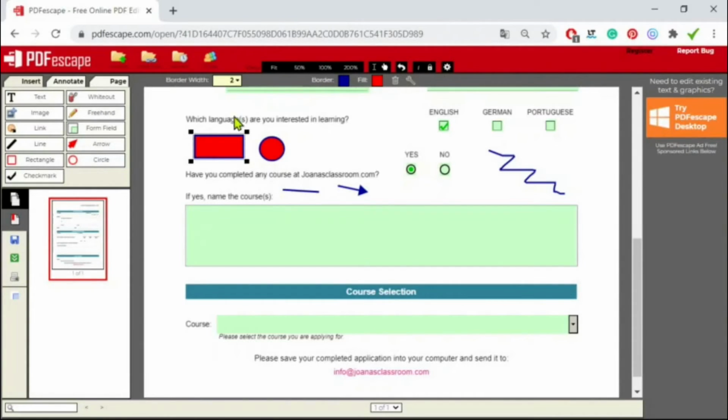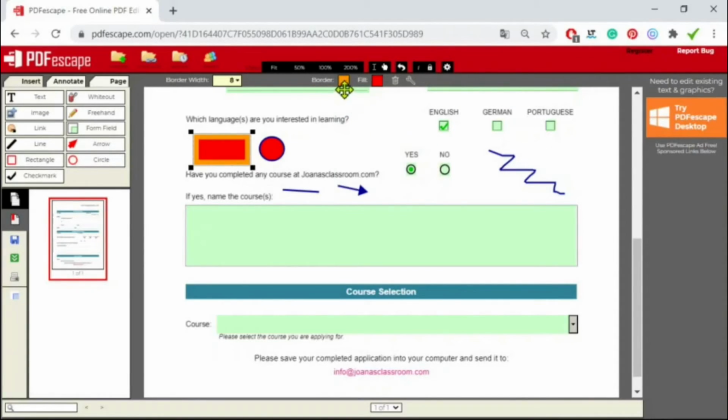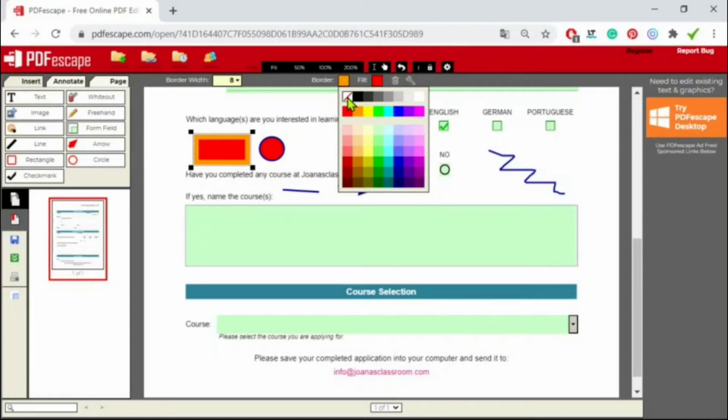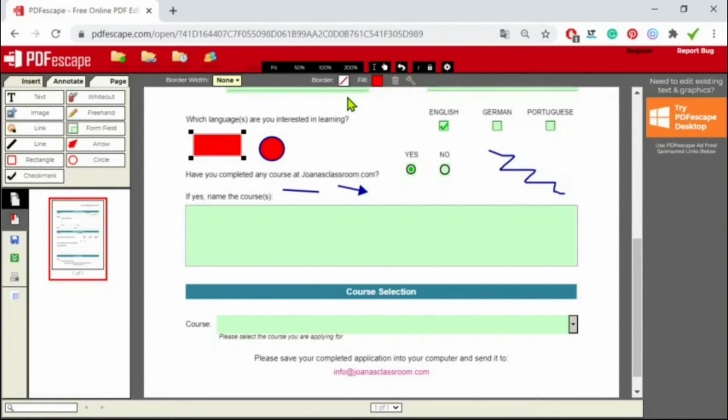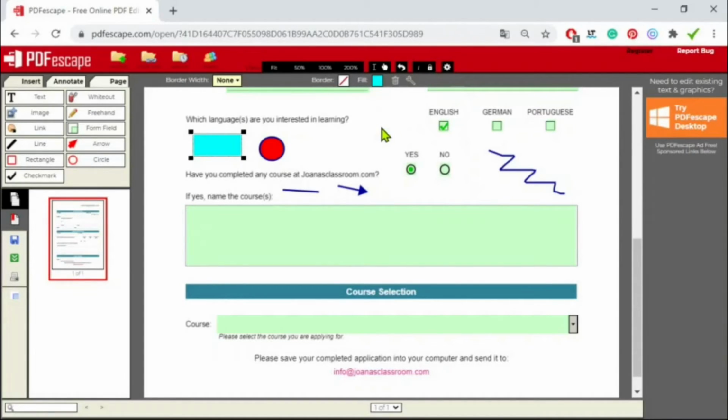So for example, if it is a shape, you can change the border. You can actually delete the border or change the border thickness. You can also choose the border color and change it. Or if you choose this option here, that means removing the border. You can also use a different fill for your box, and the same for these here. Again, there's no border here, but you do have the line width, so you can make it thicker or you can make it thinner. The same for the arrow, okay?